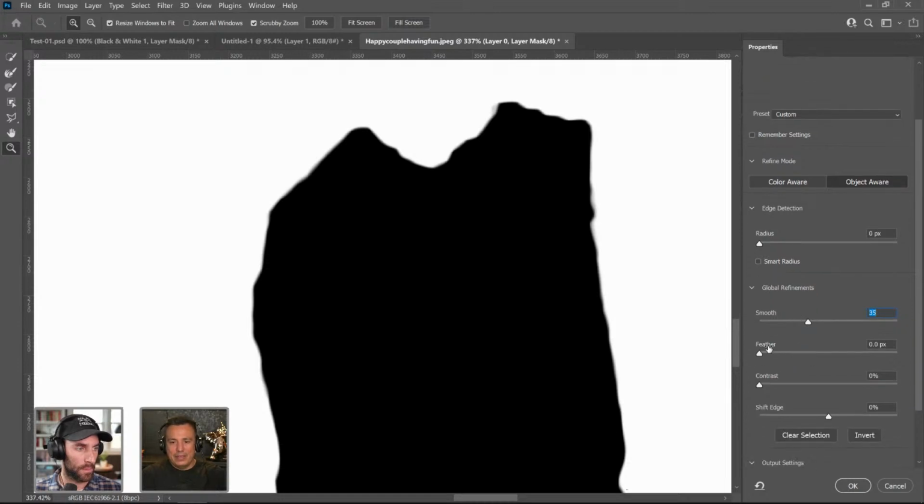Then with the contrast slider, I can drag this over to the right, and that will create contrast between the edges. In other words, it'll make the edges sharper. So we have a really sharp mask now. In some cases, you may need to add a tiny bit of feather,